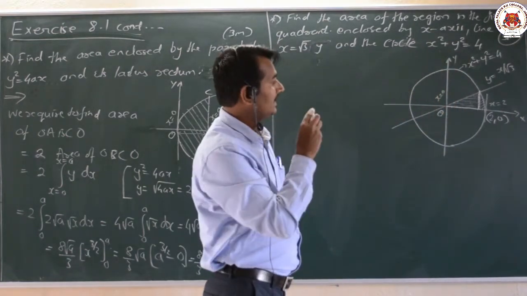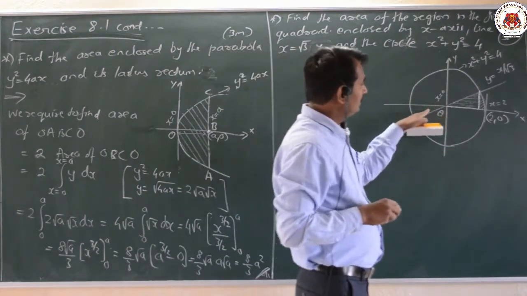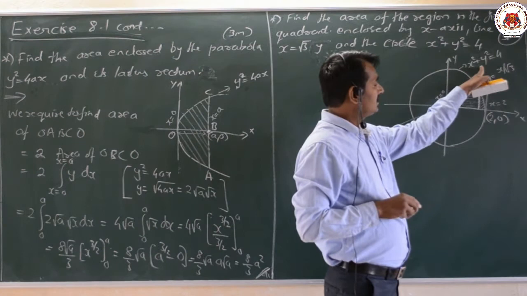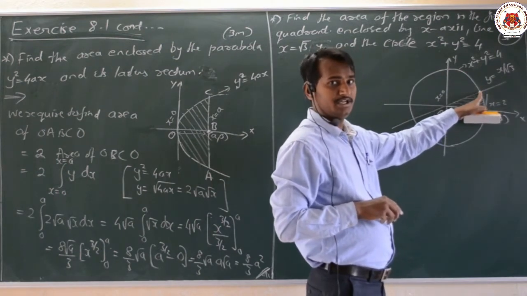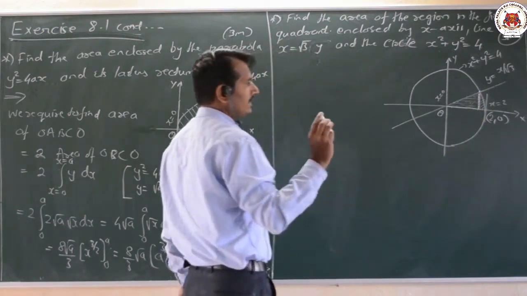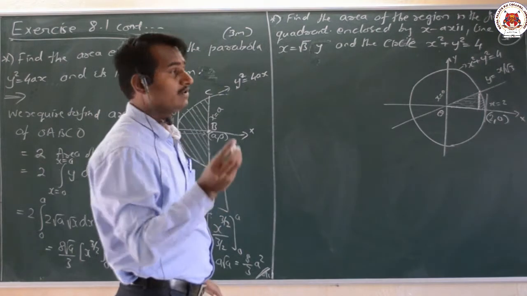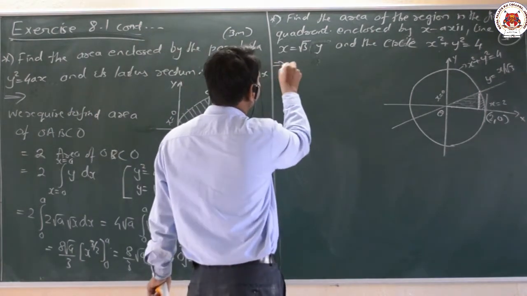Now how to find that particular point here? Point of contact. So here the line and the equation of the circle, by equating these 2, easily you can find out this particular point of contact here, and then you can find out this particular value. Just we require to find the x value here. We don't require the y value.